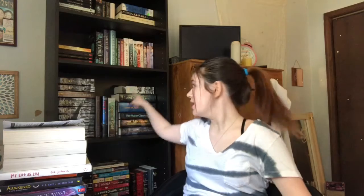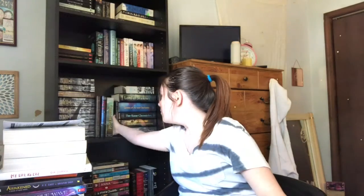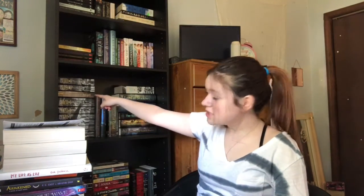And then this shelf here is actually all of my Cassandra Clare books. I did put it the exact way it was when it was up here, but since I raised the shelf a bit, I put more space than I meant to, so it's taller than the previous shelf was, so I can actually fit more books when they come, and I have room for when The Lost Book of the White comes in September, because I pre-ordered it. I'm very excited. So I have my Mortal Instruments books and then the Infernal Devices all right here, and then